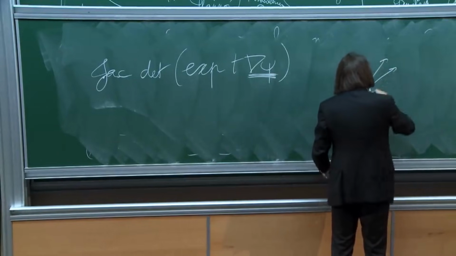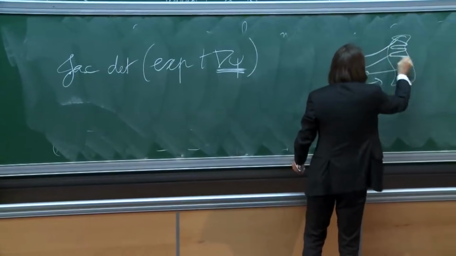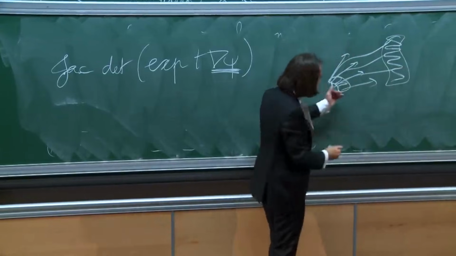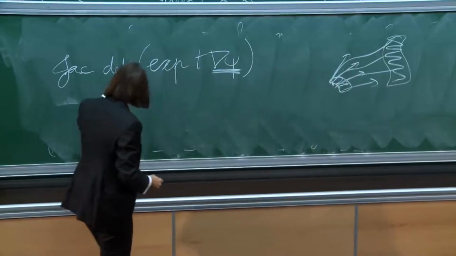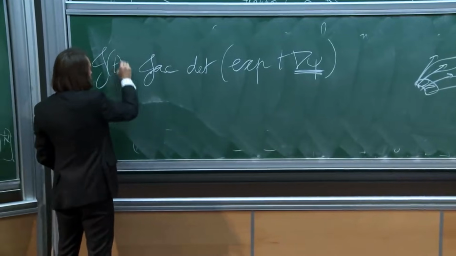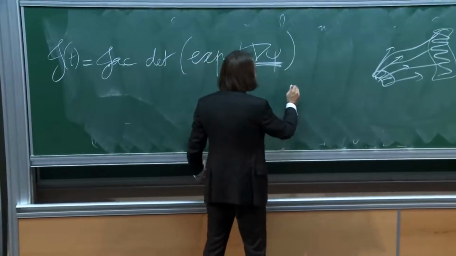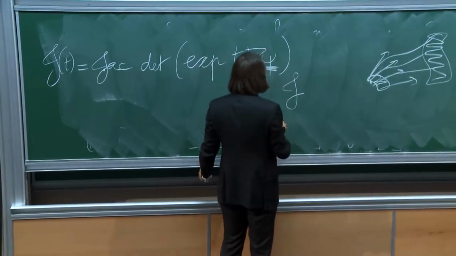So I have this direction, this direction, this direction, and I send a bunch of geodesics. And I ask, how does the Jacobian determinant behave, or are volumes distorted? And you solve this, and let's call this J of t, for instance. Okay. And you go into this and you try to find an equation, and you will find that the corresponding